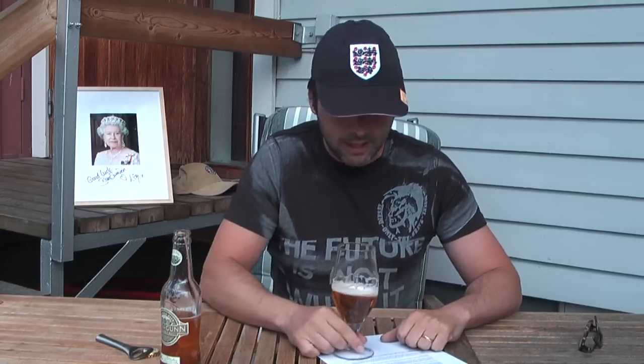Now you can argue, of course, before I get to taste it, is that what an IPA is supposed to be all about? Remember, this is an India Pale Ale in style, and you'll be right. There's really not a lot of IPA characteristics that I'm getting here. I think you should actually forget the IPA thing, to be quite honest with you, and think of this as something completely different, an